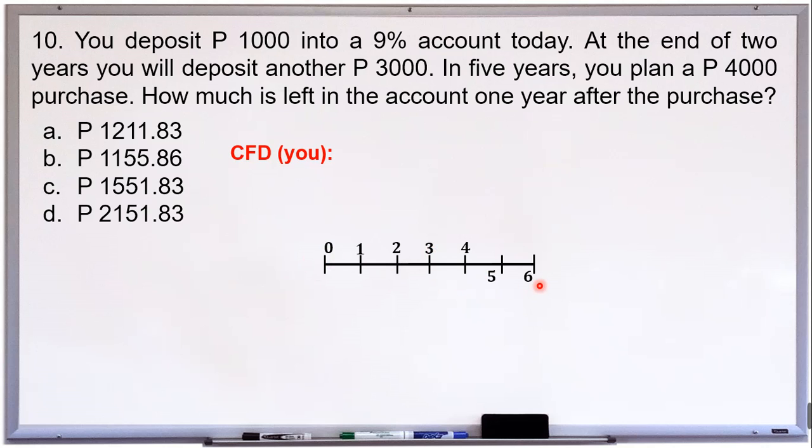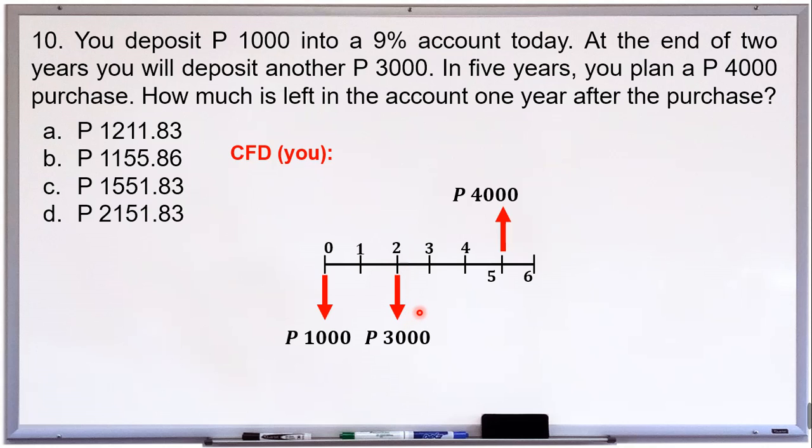So the first transaction is your 1,000 deposit, and it happens today, so that is on year 0. So the direction is downward because that is an outflow of money from your point of view. Next, after 2 years, you deposit again 3,000 pesos, so the direction is downward,